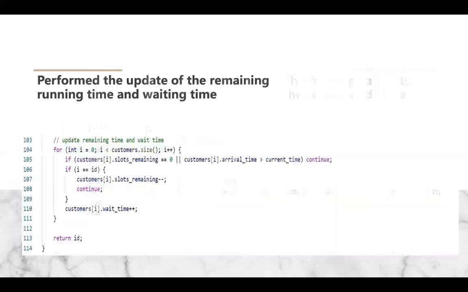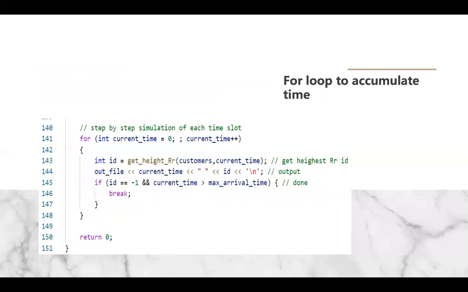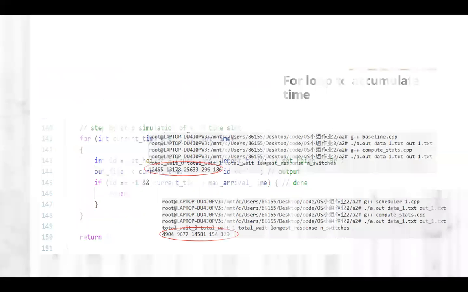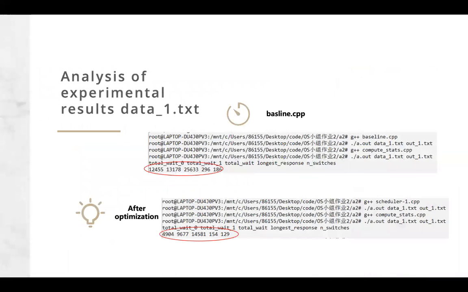Okay, so let's move to the second for loop. It updates the remaining running time and the waiting time. First of all, the first statement is used to determine whether the customer has finished running or has not yet arrived. If yes, just ignore it and continue to the next customer. If not, look at the next statement. Determine whether it is the ID of the highest response ratio obtained in the last for loop, that is, the customer. If the answer is yes, subtract 1 from his remaining running time, and add 1 to the waiting time of other customers. And then we checked the result with the data1.txt using the for loop